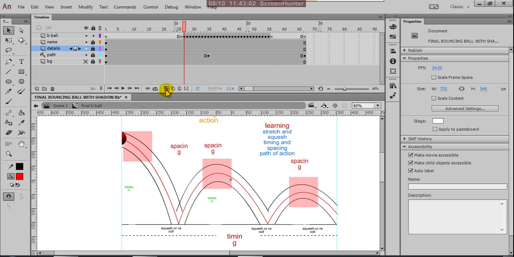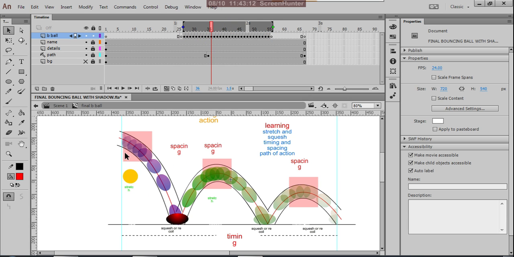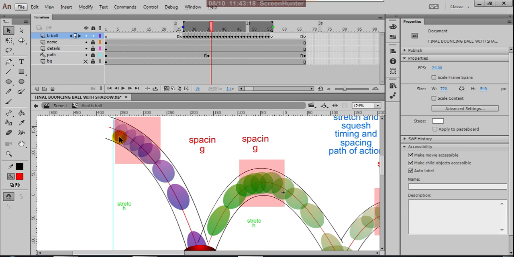If you observe with onion skin, you will understand this. See, here the ball frames are very close, here to here, here to here. Slowly it is gaining speed.